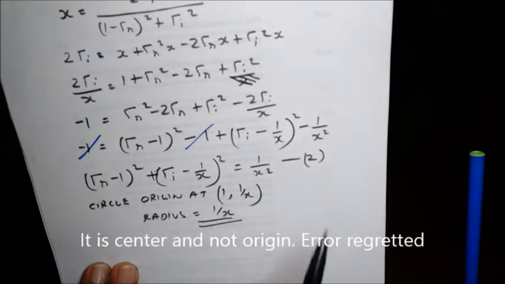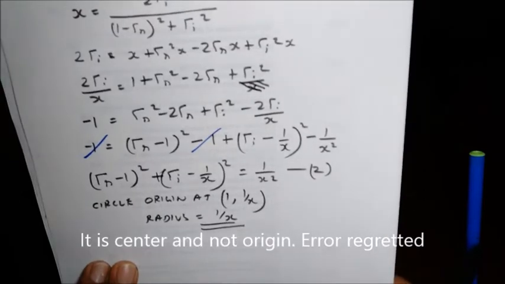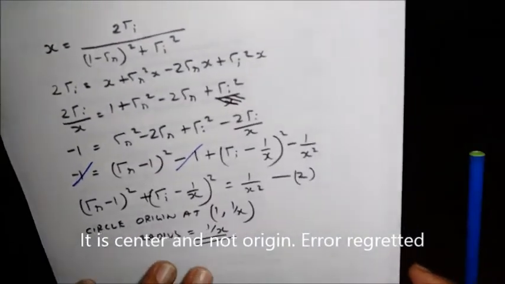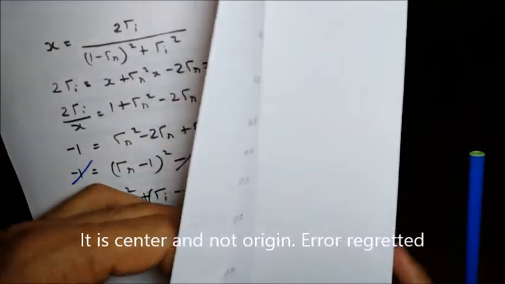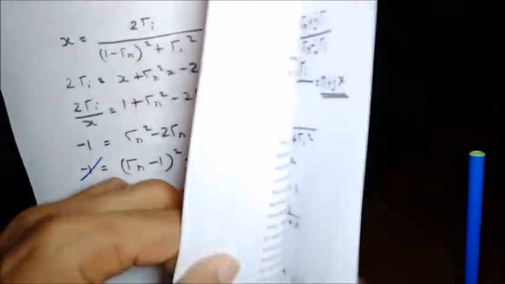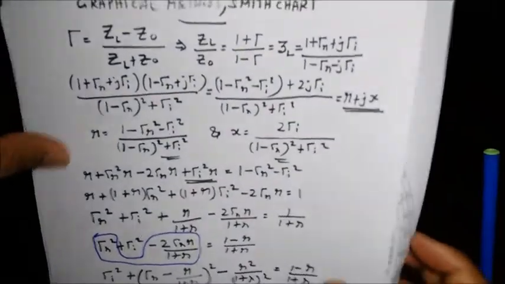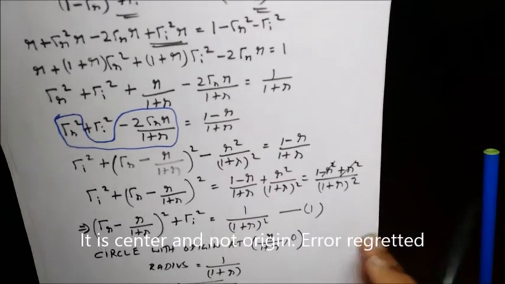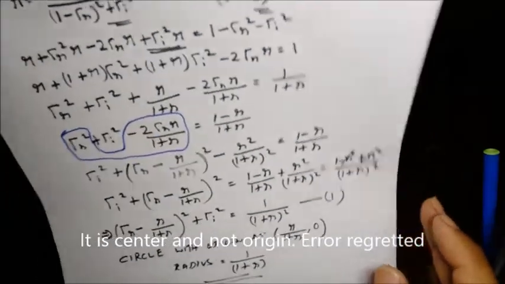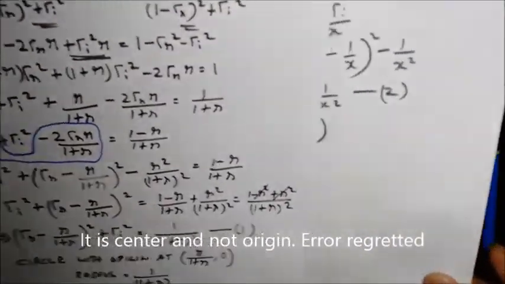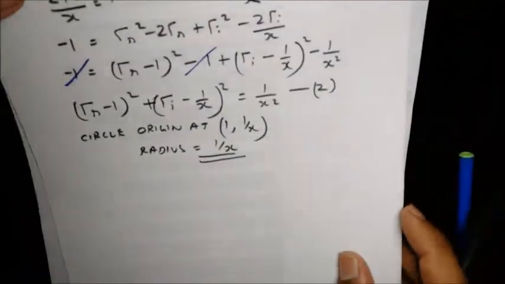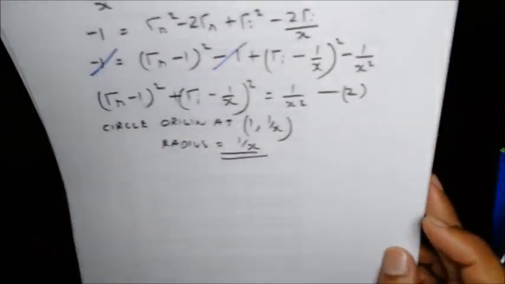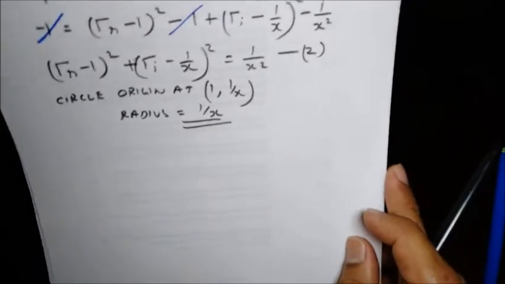and radius 1. Similarly, if you take the previous equation, equation 1 over here, you can see that if say r is equal to 1, you will get a circle with origin at 1 by 2, 0 and radius 1 by 2. So you are going to get a set of circles for various values of r and x. Now these circles, when you plot on the gamma r, gamma I space, you get the Smith chart.